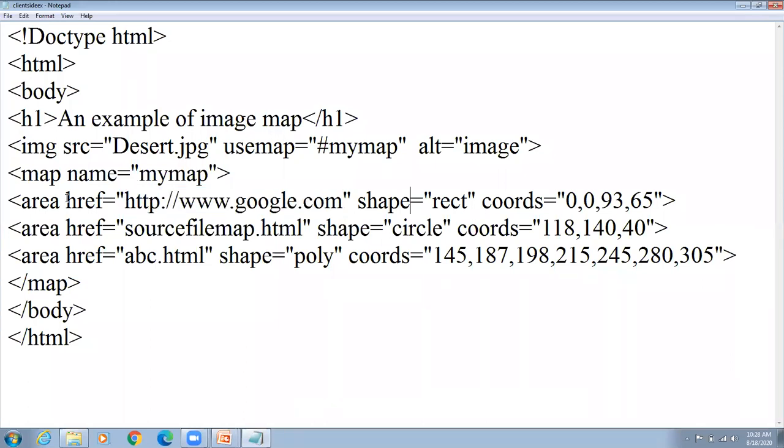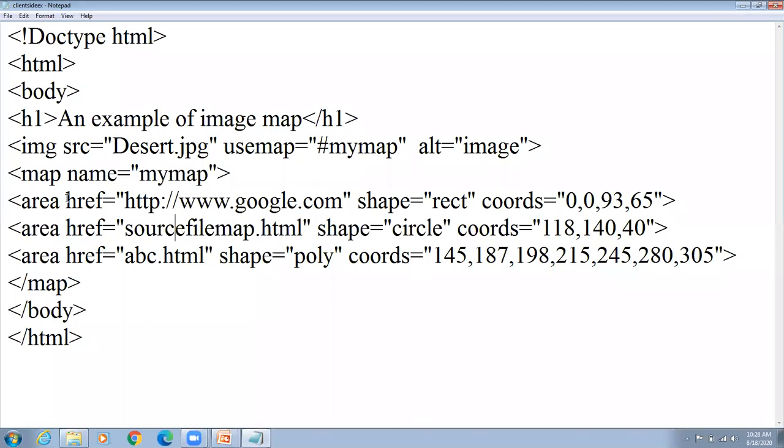Shape is equal to, there are only 3 values of shape: rect, circle, poly. So shape is rect. Coords is equal to 0, 0, 93, 65. Okay. When we get to the lecture, I will tell you how to find the coordinates. Okay. So these are the coordinates for the rectangle.